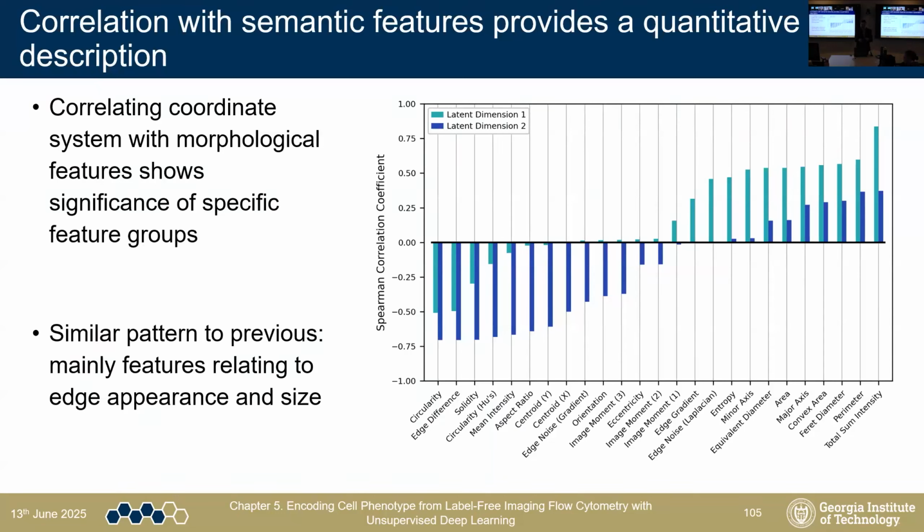So this lets us see both latent dimensions are highly correlating, just in the negative direction, with things like edge difference. So that's how fuzzy the edges are. And then on the other side, they're positively correlating, both in the same direction, for things like area. So that's how big the cells are. So yeah, we are able to compare the latent dimensions to real measurements, quote unquote. That's very exciting. Cool. Thank you.